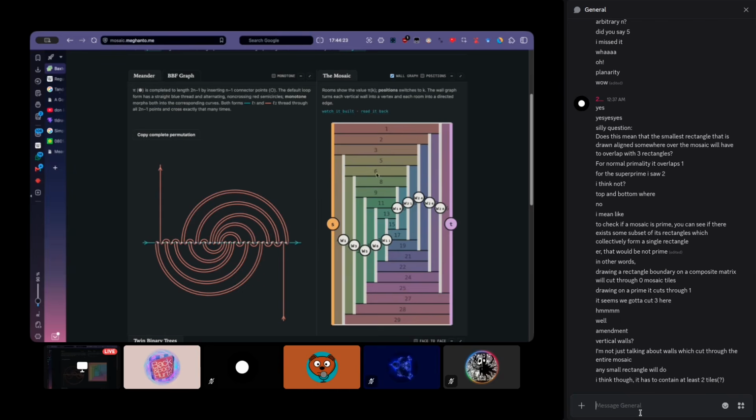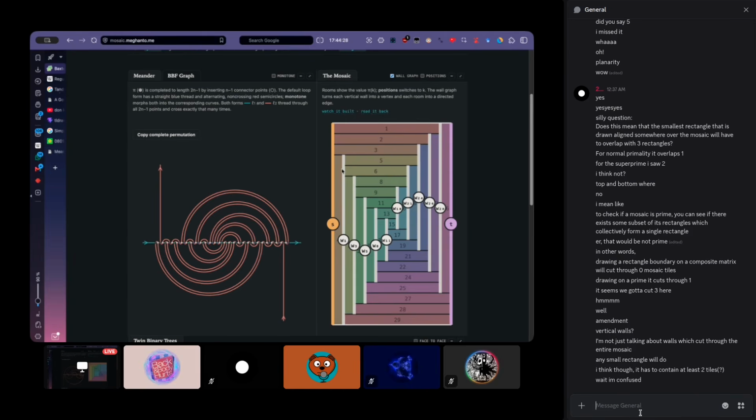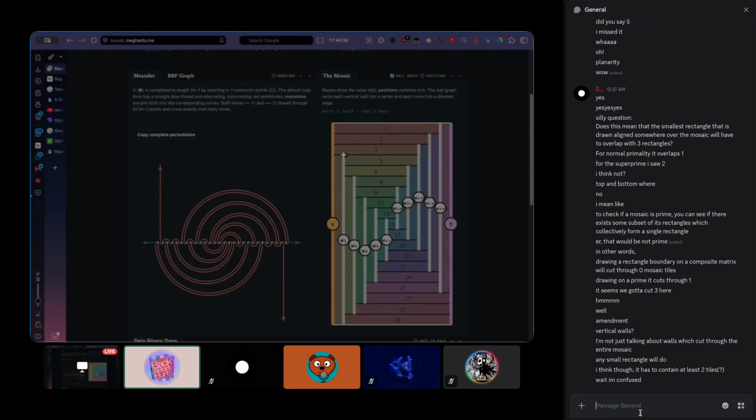Or do you? You want something like this? Okay, like this. I see what you mean. Like you want something like this. Yes. You say this is fine. You don't need it to be extending across the whole mosaic. You think this should be fine. And if this is fine, then yes, it can